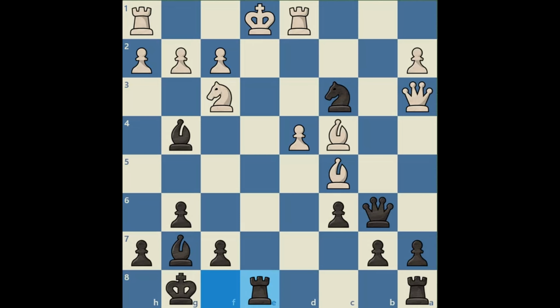At around this point in the game, Fischer was dealing with some time trouble. Fischer had just made his 16th move. He had 20 minutes on the clock and needed to make the remaining 24 moves in order to get to move 40 so that additional time would be added to his clock. Fischer needed to play very quickly, but the time trouble did not prevent him from playing brilliantly and producing this